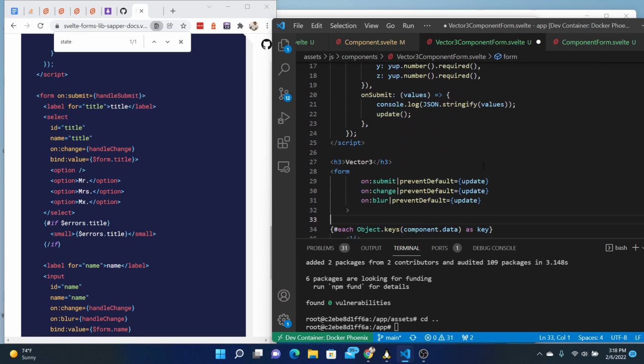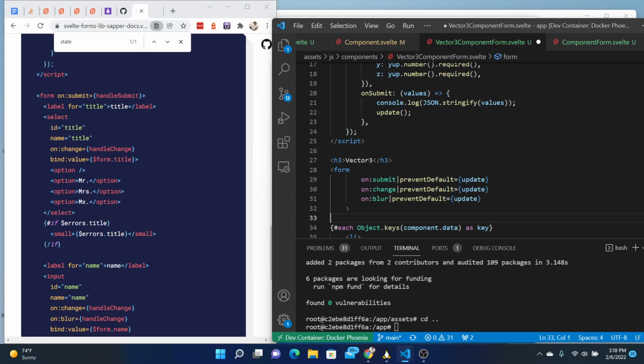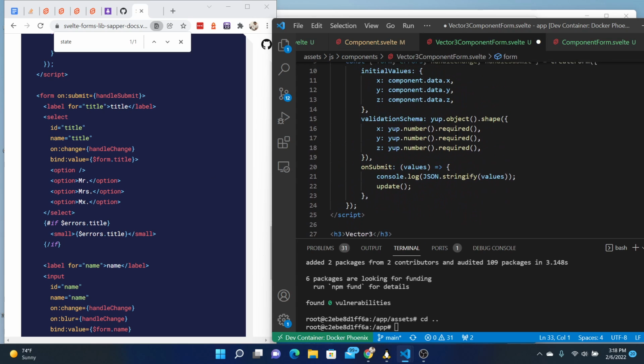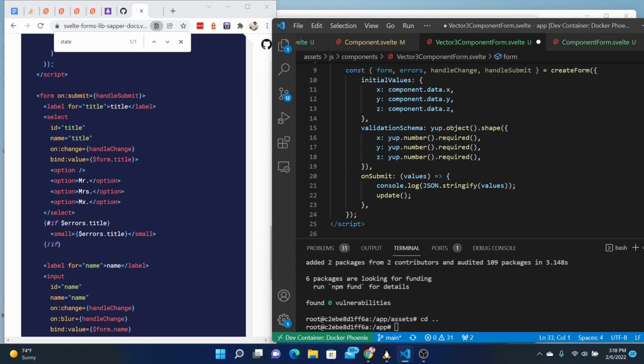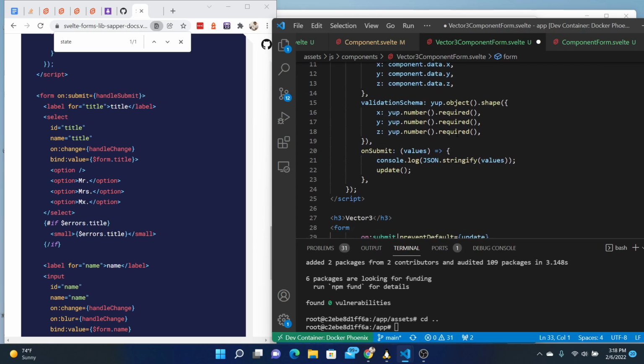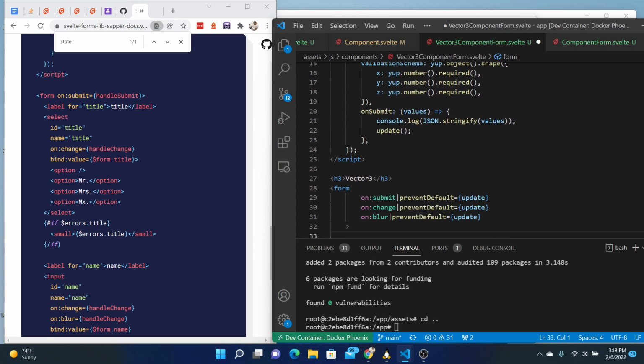Handle submit or handle change on change. Sure, handle change, we'll say handle change. On submit, handle submit, and on blur,